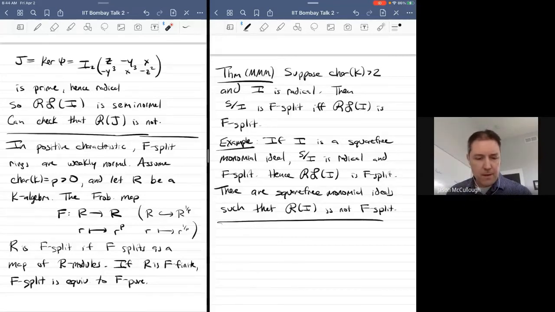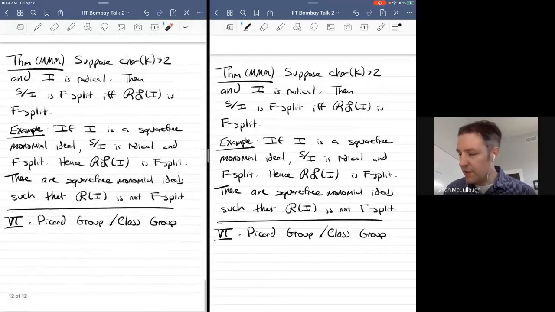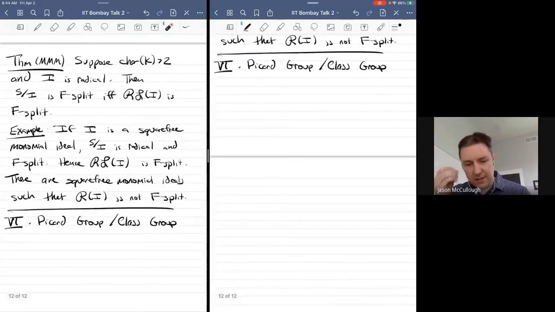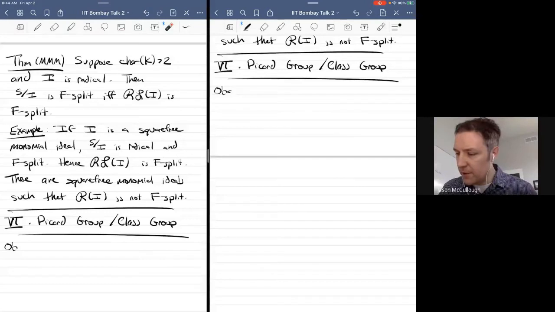Okay, so I think the last thing I'm going to have time to talk about are class groups and Picard groups for Rees-like algebras. One of the reasons I like thinking about this is because there aren't a lot of examples in the literature of computations of class groups for non-normal rings, although you can certainly make the definition in that setting and see what happens. The other thing I really liked about this is that a lot of this follows from a very simple observation that I'm somewhat embarrassed we didn't notice sooner,